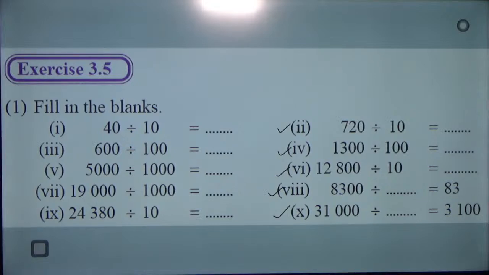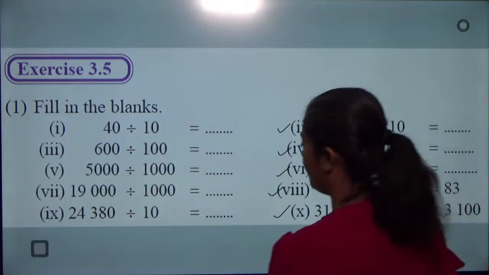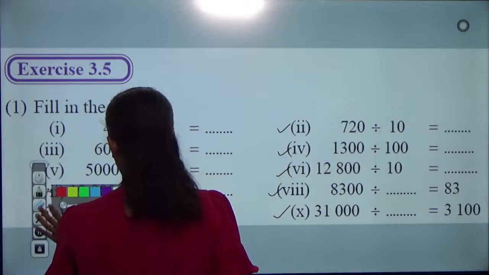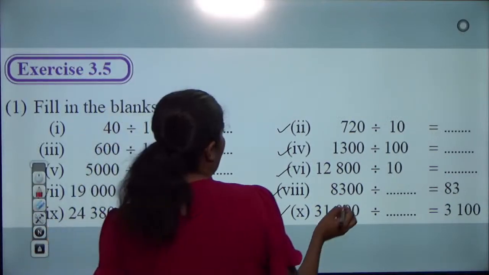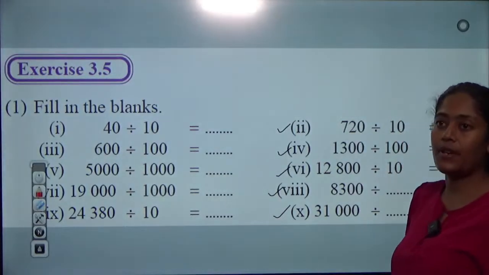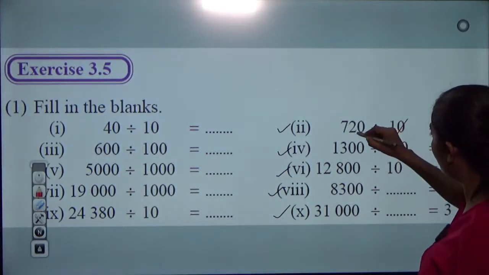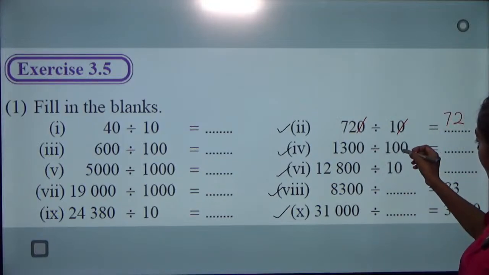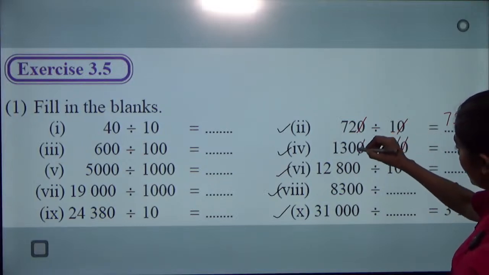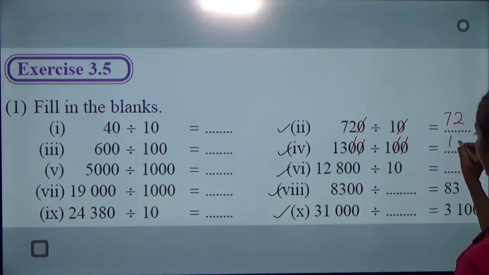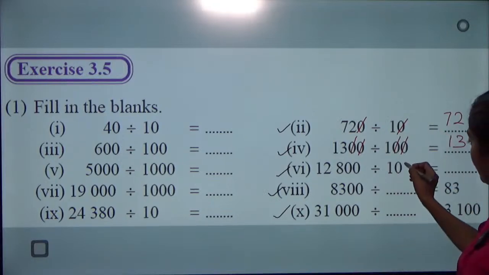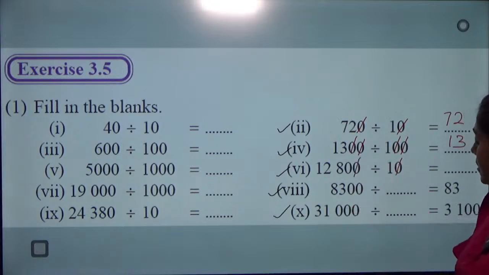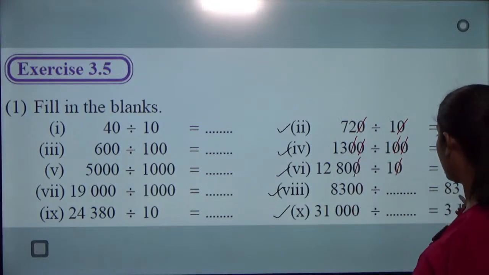Right, shall we discuss the answers? Okay, teacher. Right. 720 you have to divide by 10. So you have to remove only one zero, then the answer is 72. Here now you have to divide by 100, then just remove these two zeros and the answer is 13. Next one, you have to divide by 10, then just remove one zero, then the answer is